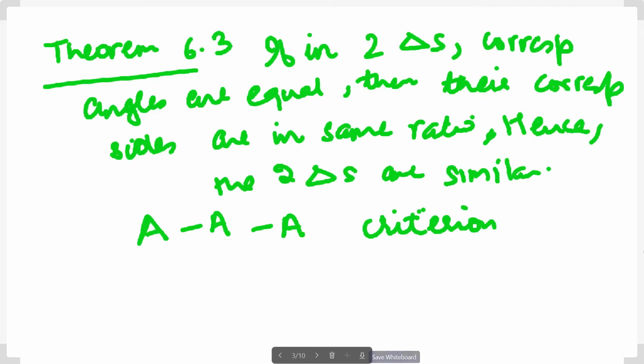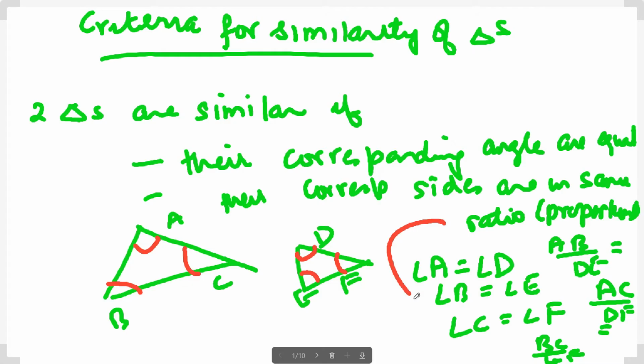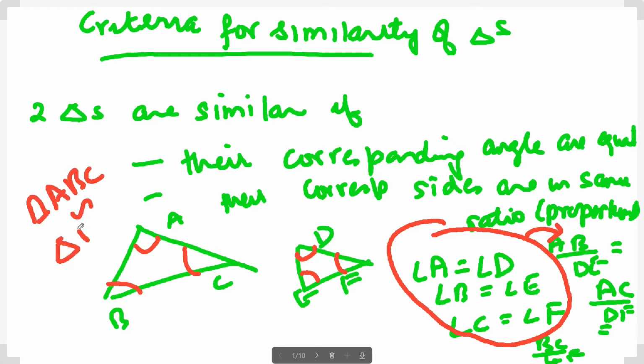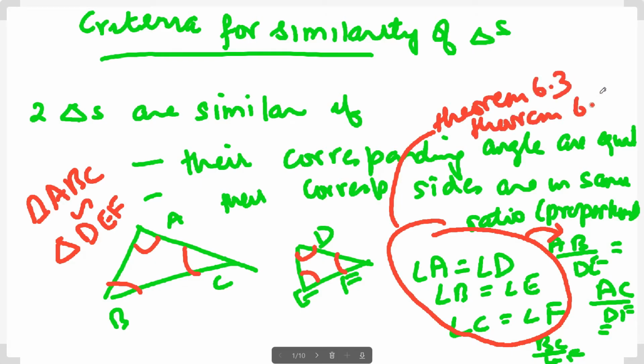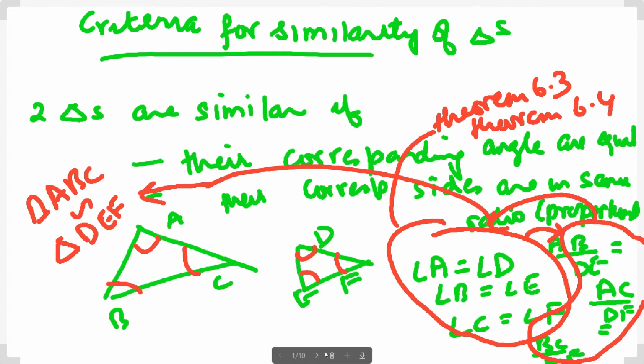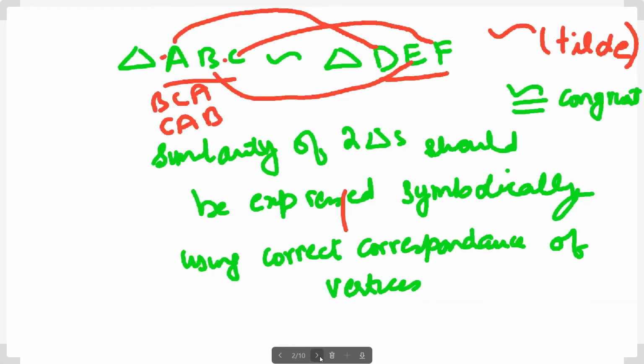The theorem says that if just the angles themselves are equal, then this is implied, and the triangles are similar. This is theorem 6.3. And theorem 6.4 is the other way around: if we only know that the sides are proportional, then this is implied, and then this is implied. Okay, so let's see how it happens. We are also going to prove it. So let's just read once.